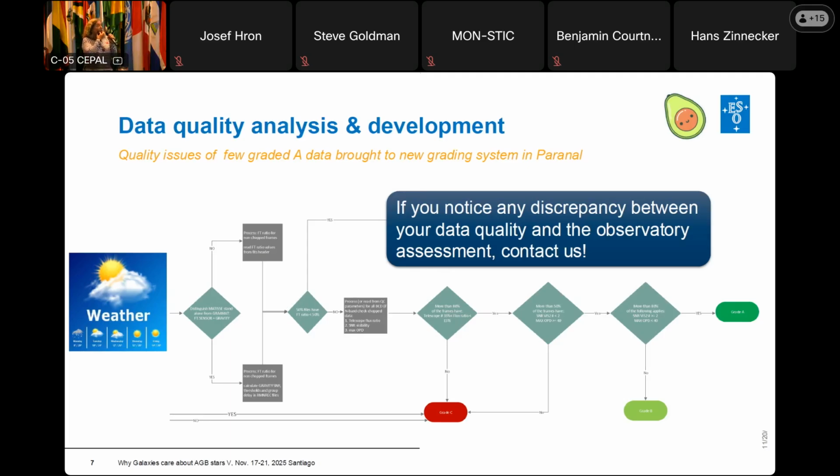And what we were observing, when we had a very simple system of grading the data at the telescope. But with this large program, I had some of the students, Leo at that time, come to me and say, you know what, the observatory graded this data A, so they are great, but to me, they look very bad. And that was because we had a very simple, basic way of grading. And this was changed then, thanks to the large program.